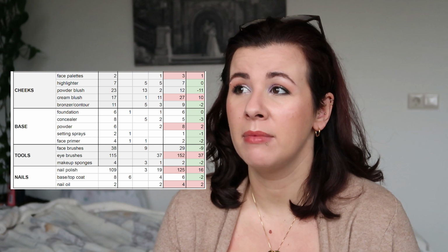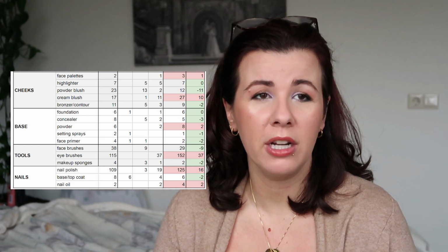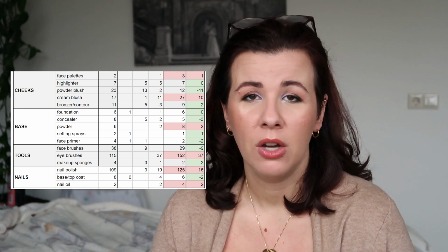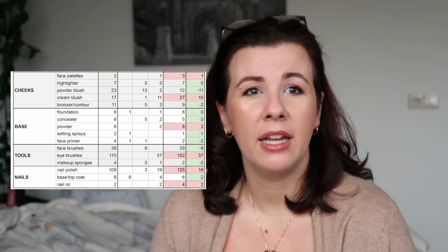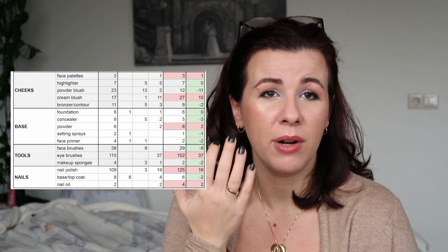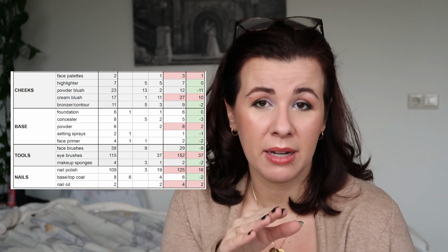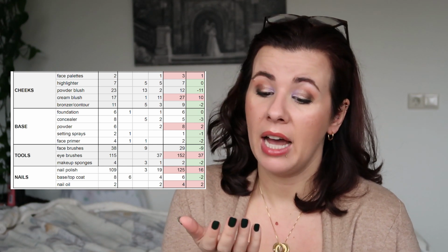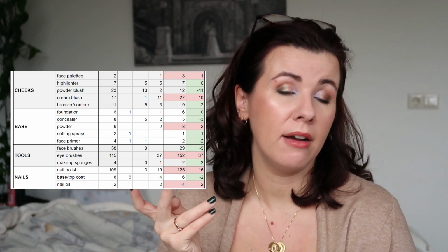Last category for makeup is nail polishes, and I am now counting only normal nail polish. I have a bag of gel polish that I use occasionally. This year I was really into the Builder in a Bottle. I used it for a long time. It was really good at keeping my nails long, but since I've been pregnant, my nails have been doing so well that I've had to actually file them down every time I do my nails because they grow so much. I wonder if that is gonna change, but for now I only tracked my regular nail